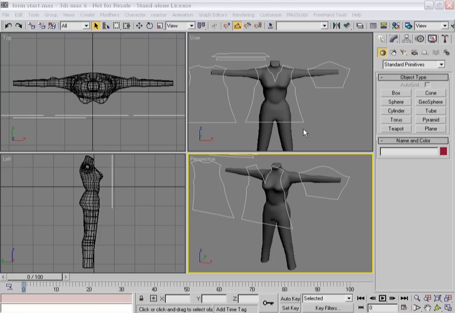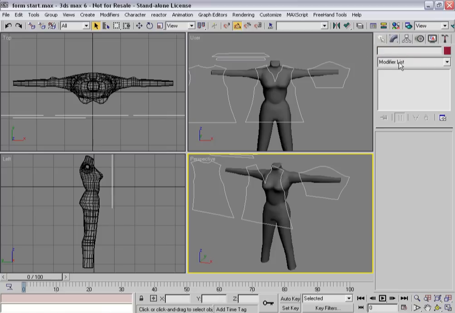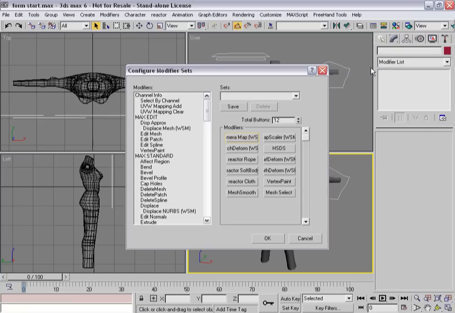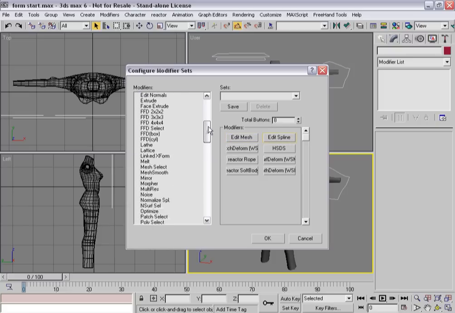Other ones really take advantage of features you may or may not be aware of, or may not fully realize their potential. So this first tip is really about planning Max, setting up Max so that it makes your use of cloth effects in Garment Maker more effective. What I tend to do is go to my Modify panel and go to Configure Modify Sets. I'll bring up a series of 8 buttons, and in it I'll put modifiers that I tend to use: Edit Mesh, Edit Spline, Mesh Select,